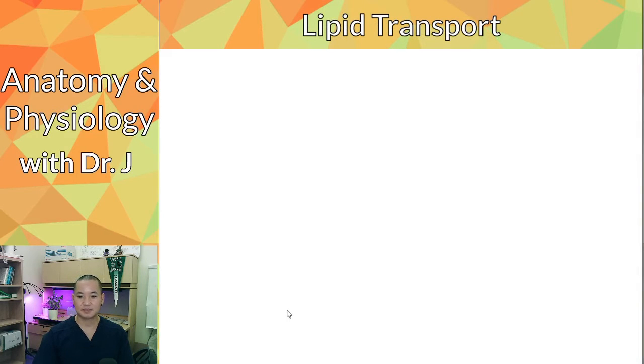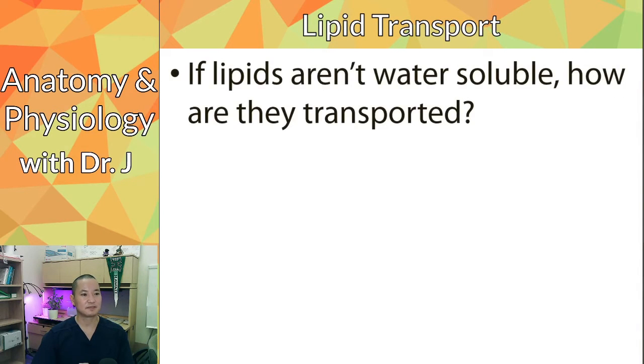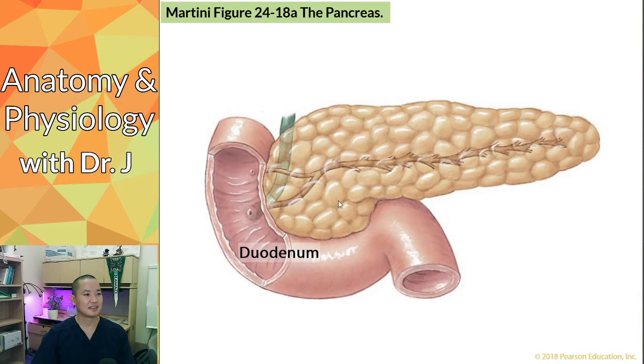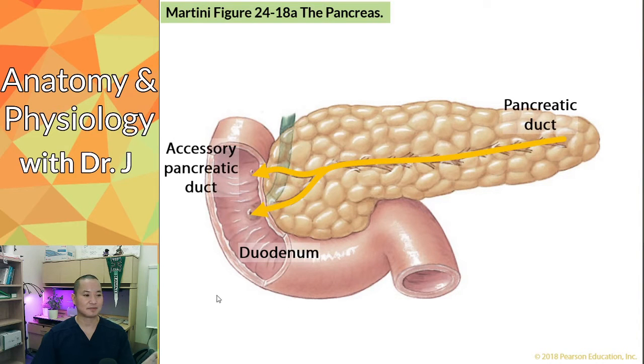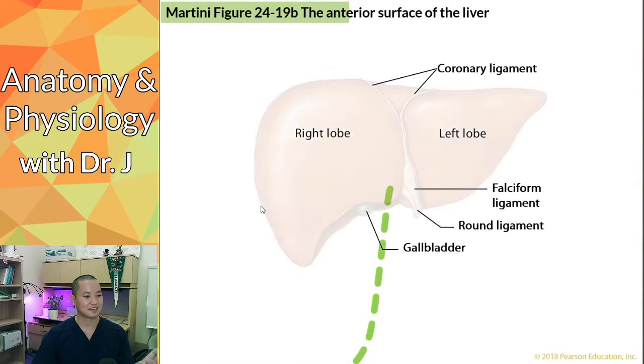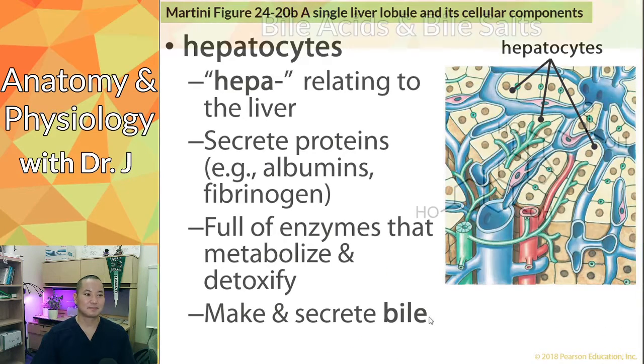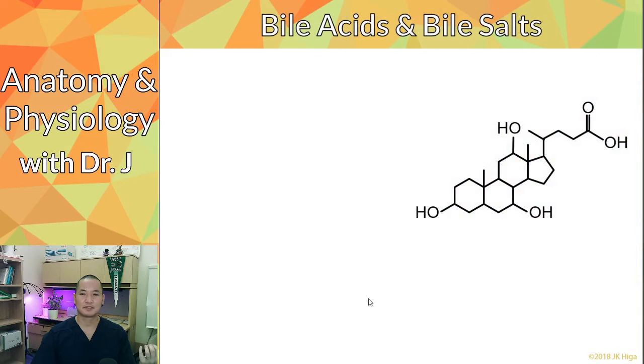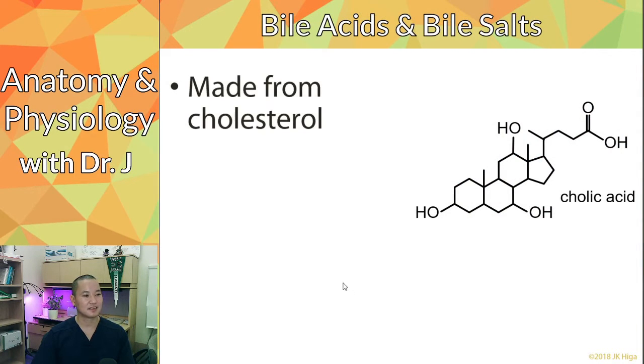And lipid transport. So lipid transport: if lipids aren't water soluble, how do you transport them? We do have free fatty acids and some free cholesterol and lipids, but most of them are transported in special ways. And remember back here to our pancreas and pancreatic duct, and then our common bile duct here. Bile is important. Why? Because again, your liver produces bile acids which it secretes as bile salts, and these are